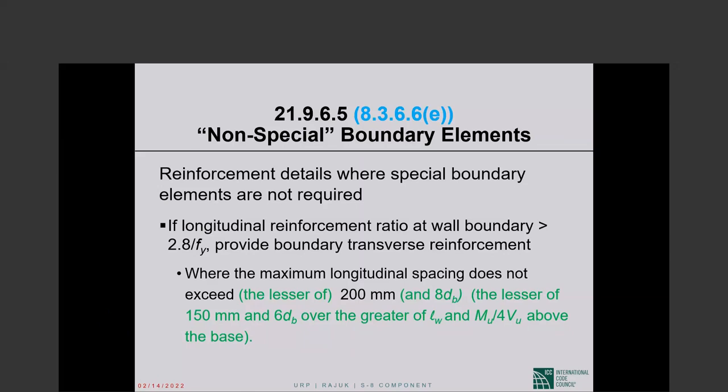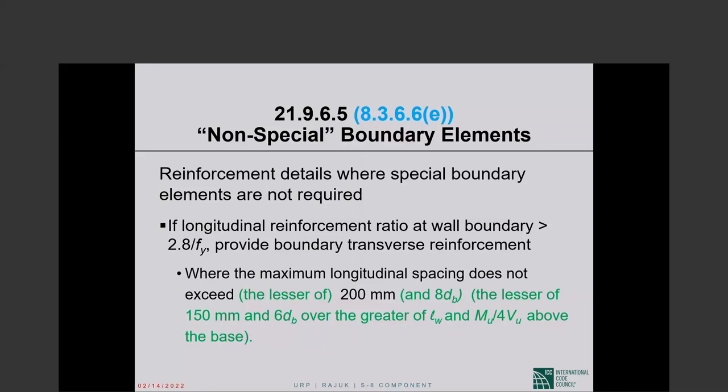So right now we have a maximum spacing of 8 inches. 318-14 will make it 8 inches or 8 bar diameters, whichever is the smaller of the two. To make it worse, ACI 318-14 will say, starting at the base, over the length of the shear wall or 1/4 of the moment to shear ratio at the base, whichever is the larger of the two,